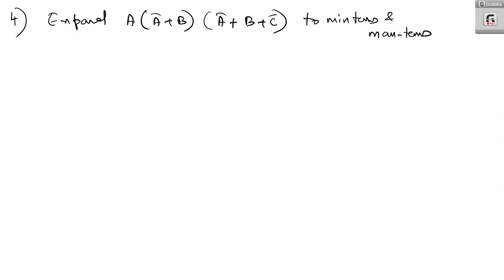Okay. So here what you have to do is you have to say this is again in product of sums form. This is basically product of sums form, and here we are having 3 variables. Either you can go with the Boolean algebra technique or you can go with the K-map technique. So I will prefer to go with the K-map technique. So we are having 3 variables, so 3 variables means up to 7. 0 to 7 means you should have 8 cells.